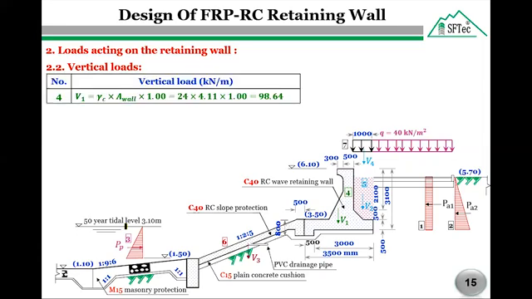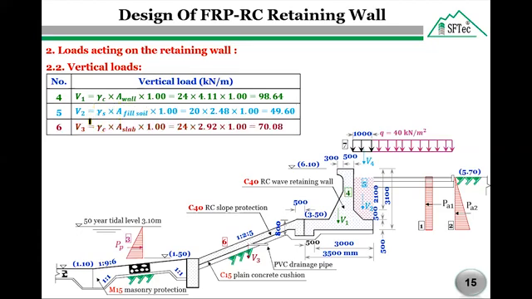The vertical load V1 due to the weight of the wall equals gamma concrete times the wall area, which equals 98.64 kilonewton per meter. The vertical load V2 due to the weight of the backfill, the dotted area here at the back of the stem, equals gamma soil times the area. The vertical load V3 due to the weight of the reinforced concrete slab protection is gamma concrete times the area of the slab, which equals